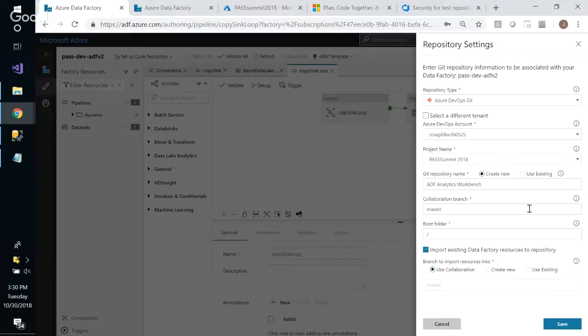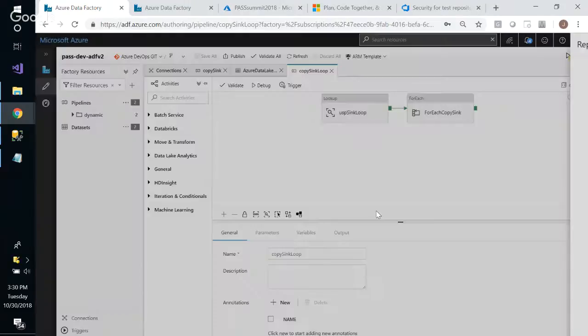And based on that, it'll actually generate another branch called ADF_publish, and that's where it'll generate the ARM template to deploy to QA, and then later on prod. So you can use existing collaboration branches or data factory resources that you have, so you can pull that in. We're not going to work on that today, but we're going to go ahead and save that and set that up. So that'll take a little bit, but once it's set up, we can then go into that Azure DevOps and see